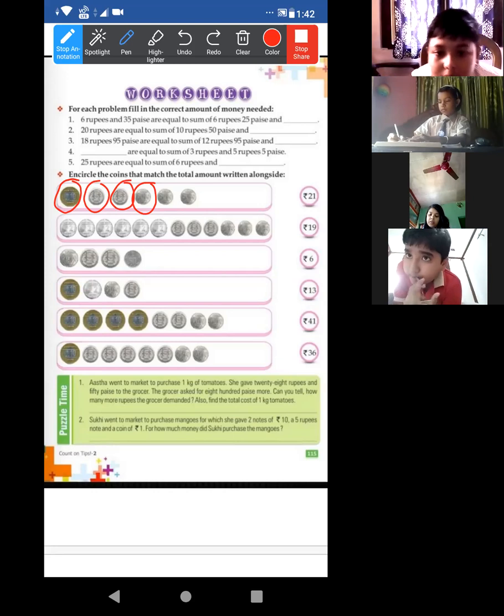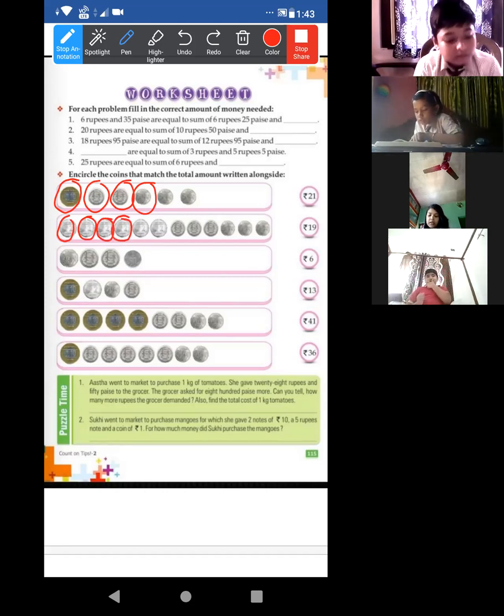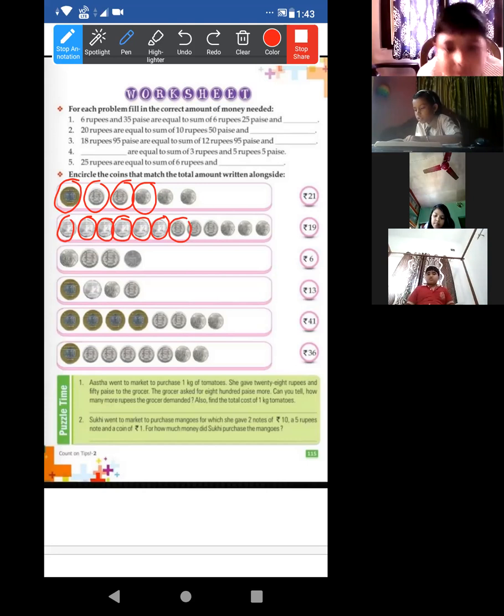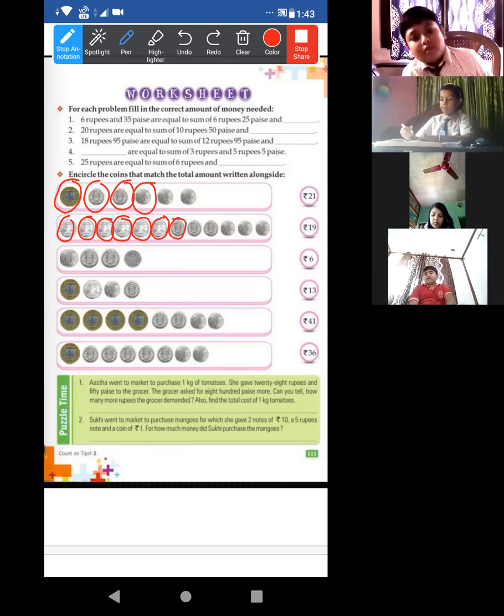Now the next one, 19 rupees. Acha, this 2, another 2, 4, another 2, 6, another 2, 8, then 10, 12. Okay, then this 5. 12 plus 5, if we take, this one will be 17. Then we have to make 19. It is done 17. We need 2 more. Take two 1 rupee coins. It will make 19. Okay.